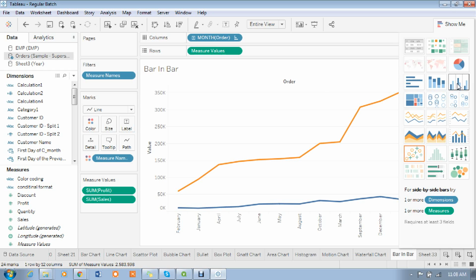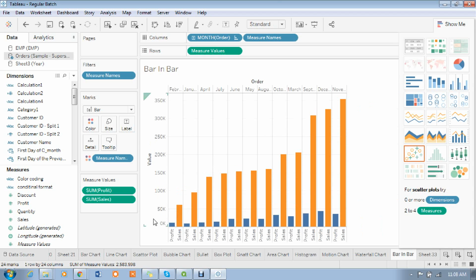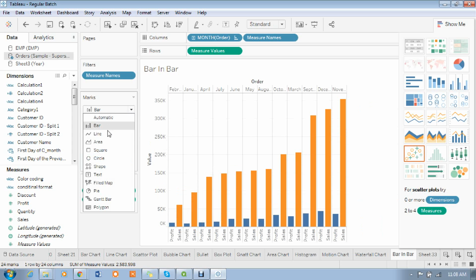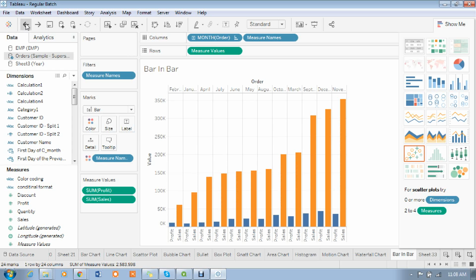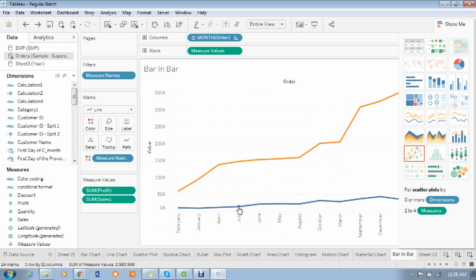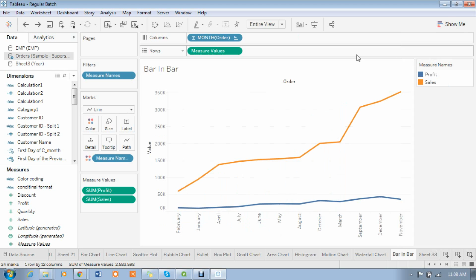If you have more than one measure also, we can do this one, right? All the measures will come in the one area. You can simply change the line. That's it, madam. Will we go synchronize it? No, not synchronized, madam. That is blended axis. Even if you have more than one measure, blended axis means that will compare with one axis only. Dual axis means you will have two axes.